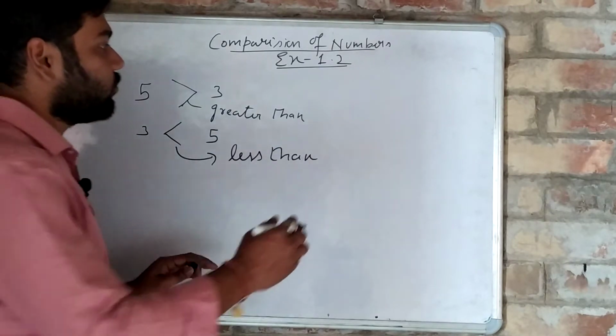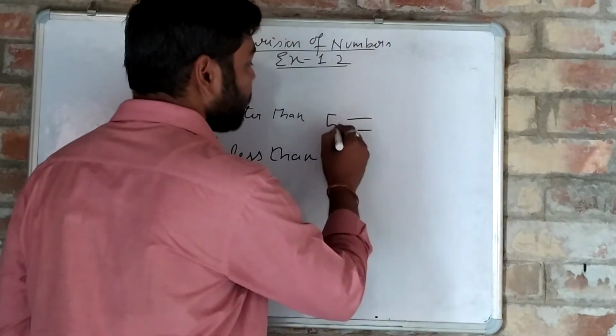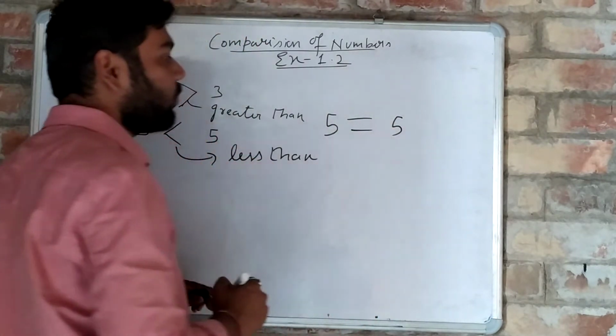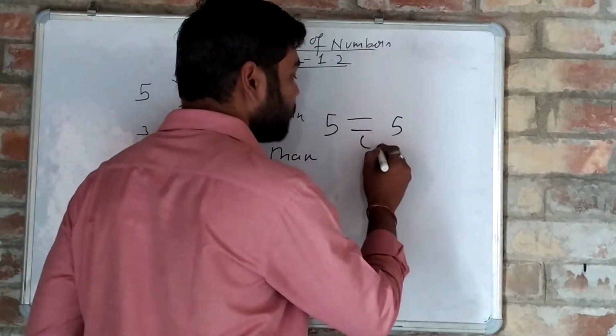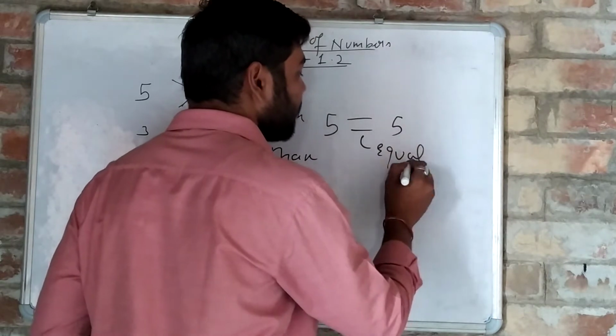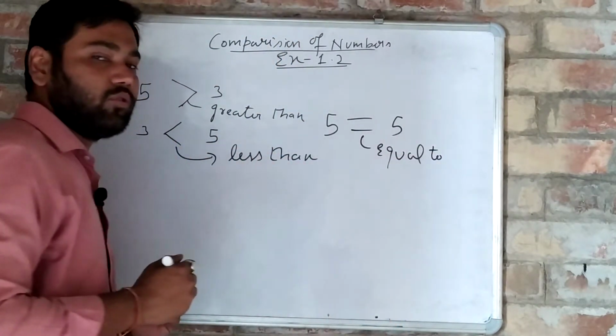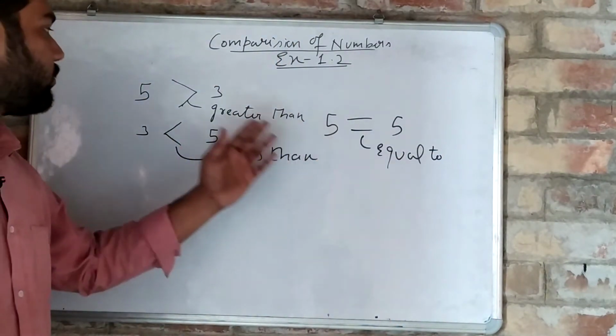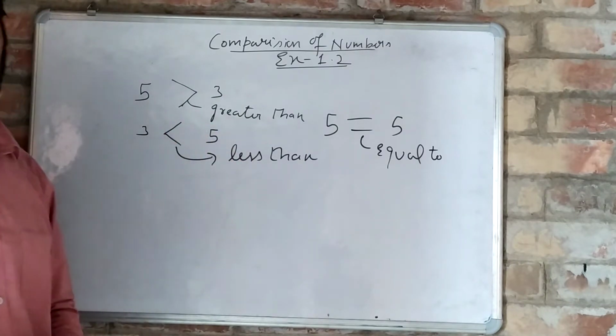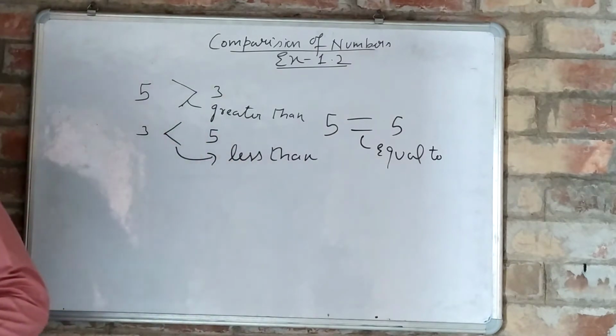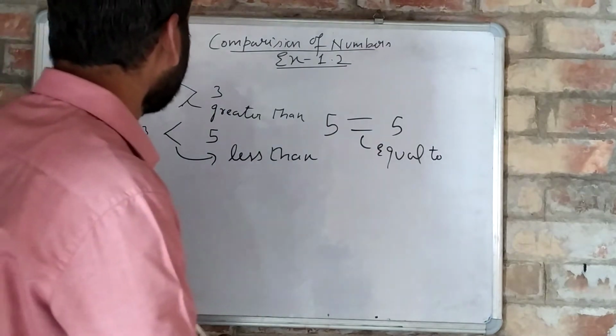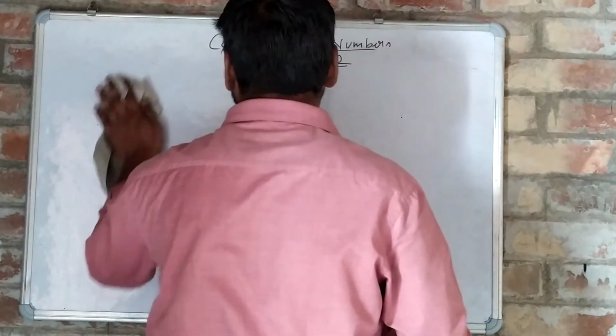And one more thing: 5 is equal to 5. This means equal to. You have learned greater than, less than and equal to in your small classes many times. Now see here,